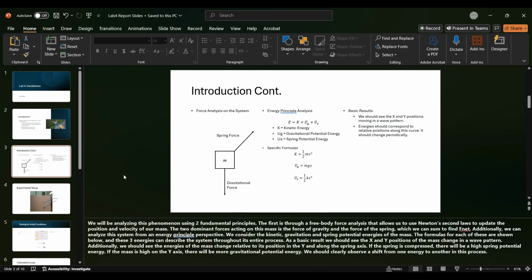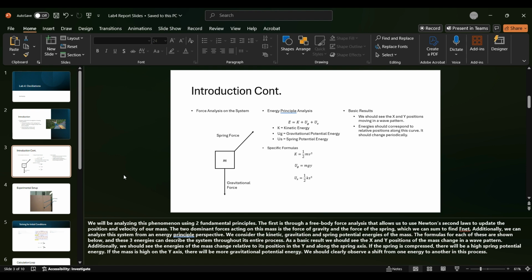We'll be analyzing the phenomenon using two fundamental principles. First, through a free body force analysis in a free body diagram that allows us to see Newton's second law that updates the position and velocity of our mass. The two dominant forces acting on this mass are the force of gravity and the force of the spring, which act as a sum together to form F net. We can also analyze this system